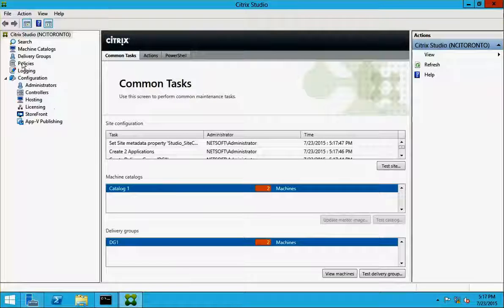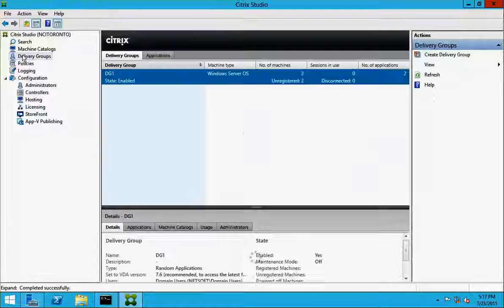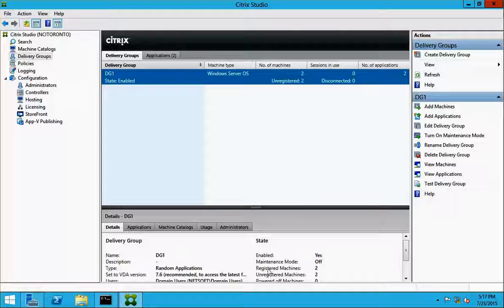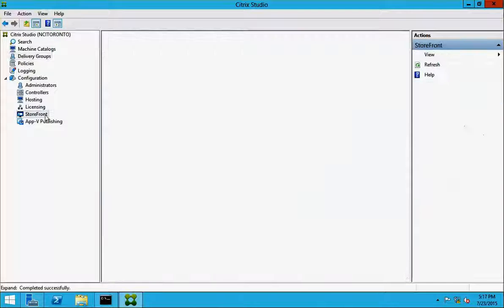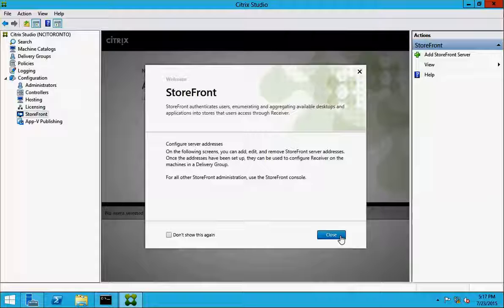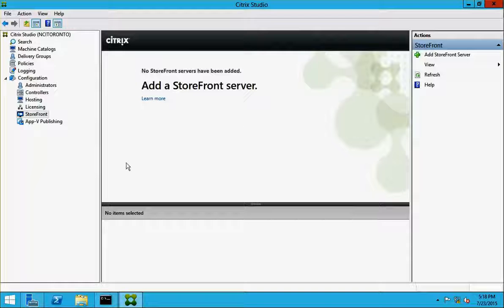There you go. I just like to come back to delivery groups and see how many machines are registered. So 2, so I know it would actually work. And over here we have to add the storefront server. We have not set that up, so we're going to go ahead and set that up